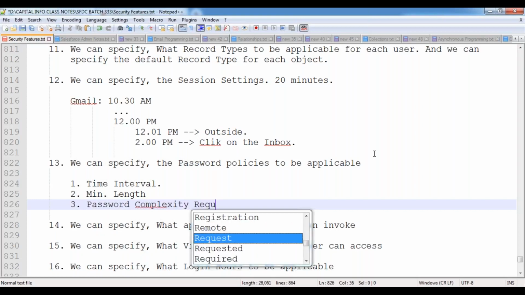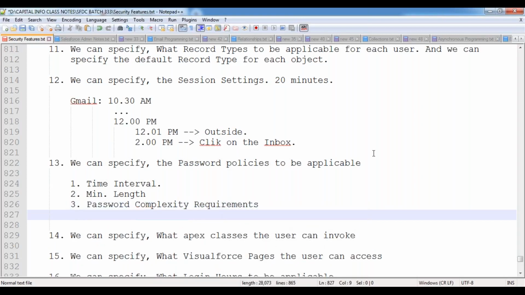Password complexity requirements. So what do you mean by password complexity requirements? Complexity requirements in the sense that whenever you are changing the password, what kind of characters you need to enter